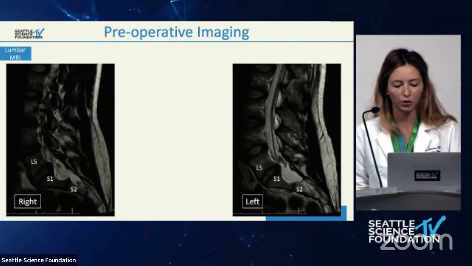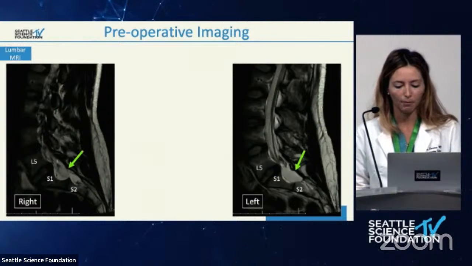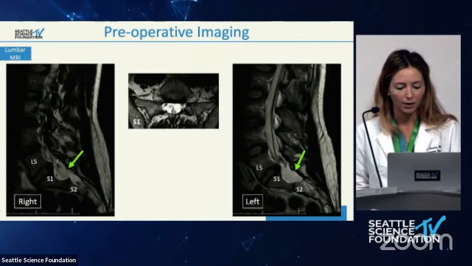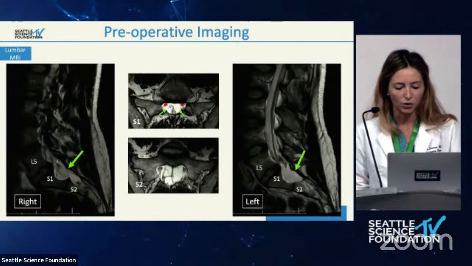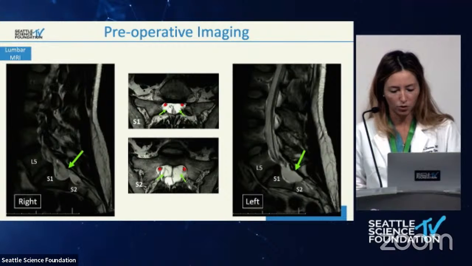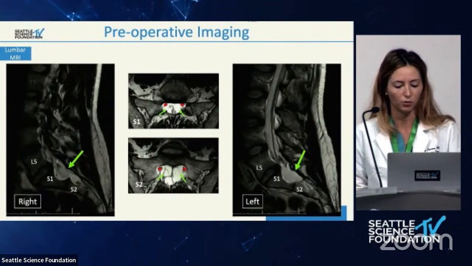So initially, she underwent a pan-spine MRI. The lumbar MRI showed bilateral cystic structures filled with CSF, spanning from about L5 to S2. And on the axial cuts, you can see at the level of the S1 nerve roots, which are the red dots, that the cysts are contiguous with the lining of the nerve roots. Whereas at S2, there is a distinction between the wall of the cyst and the nerve roots. So at this point, we have cystic structures associated with the S1 nerve roots that extend caudally and displace the S2 nerve roots.